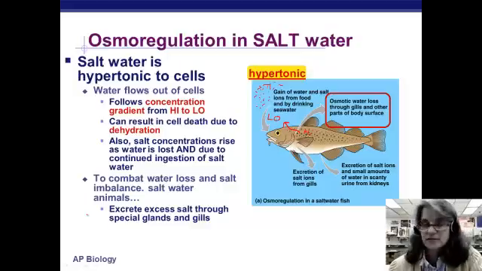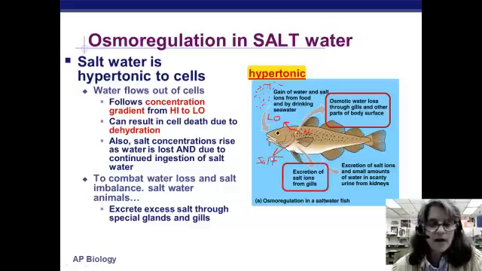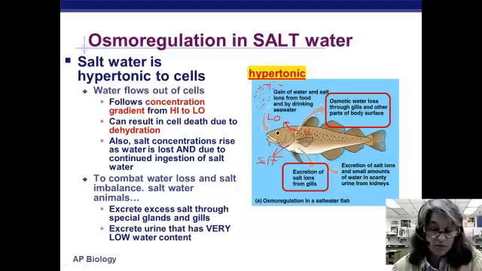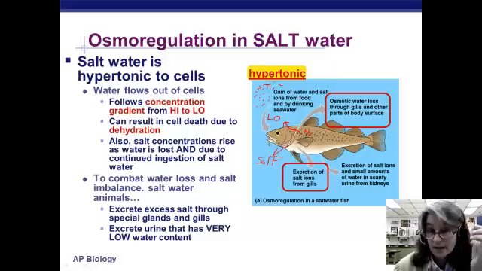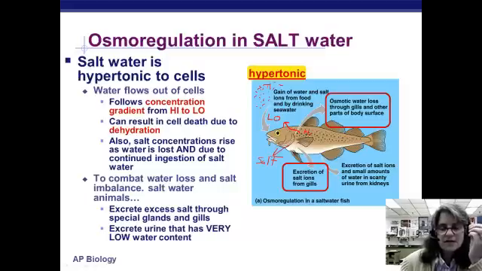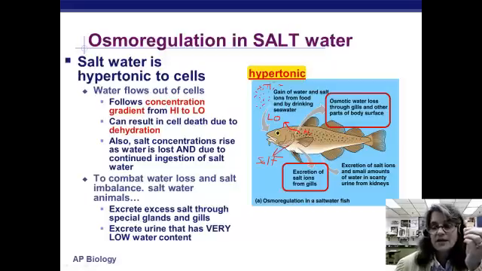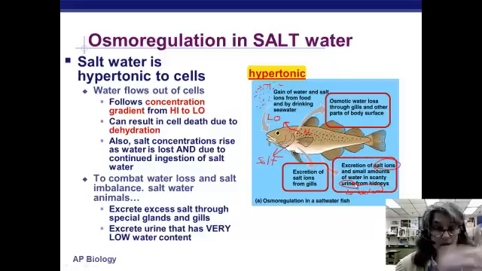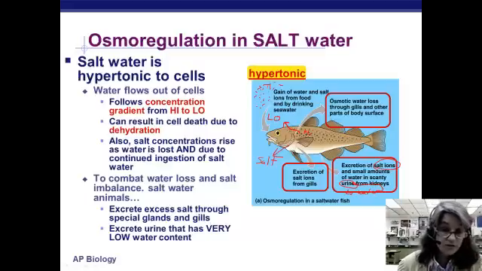So they're specialized glands, first of all, that will concentrate and get rid of salt and send it out of the animal's body, and remove it from the gill surfaces as well. Also, they do not urinate very much. They don't pee as much. Their urine is very, very concentrated, meaning that it is going to be getting rid mostly of salts and wastes and not very much water. Very low water content in the urine. Okay, and that means they're not wasting water all the time, unlike a freshwater fish who is trying to get